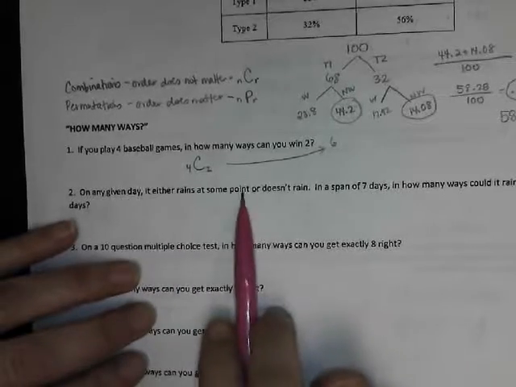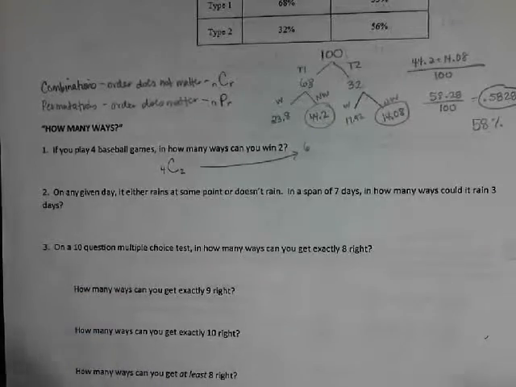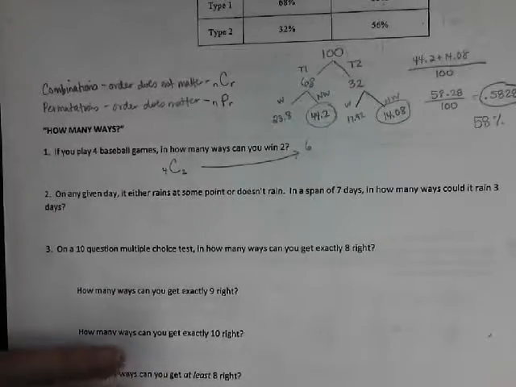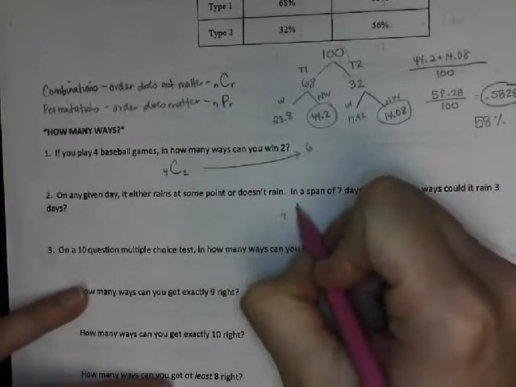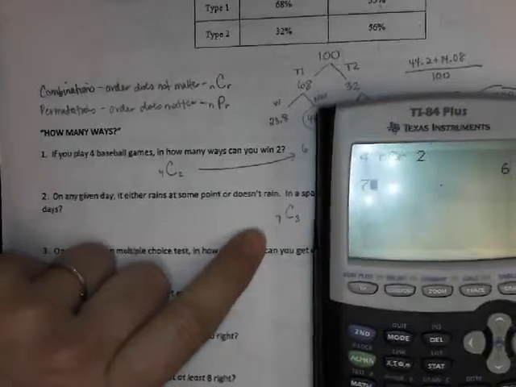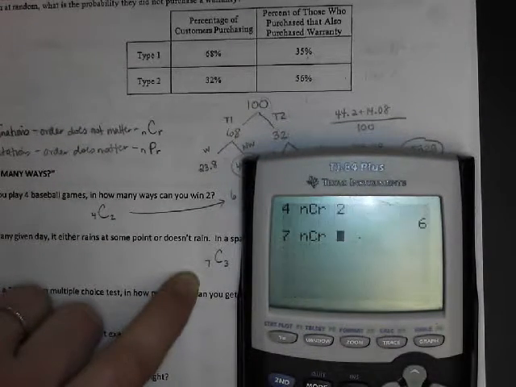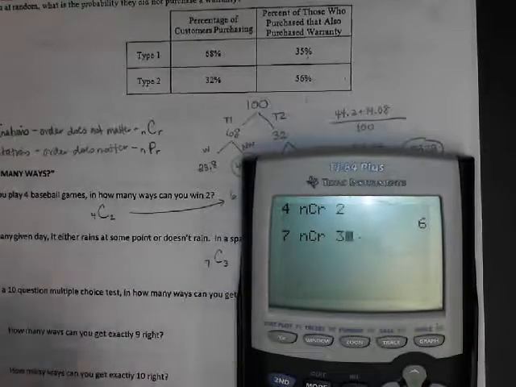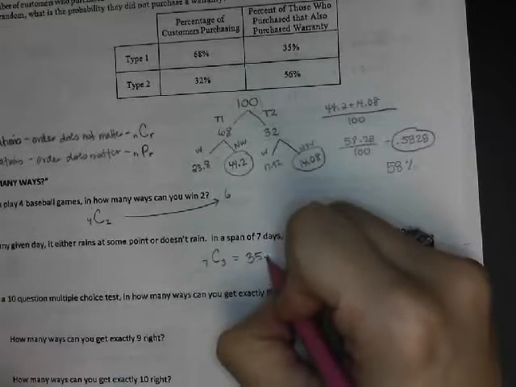Okay, on any given day, it either rains at some point or doesn't rain. In the span of 7 days, in how many ways could it rain 3 days? Okay, so we don't care what 3 days, we just care that it rains 3 days. So that would be 7, choose 3. 7 with a combination of 3. So we would type in 7, go to your math, over to your probability menu, 3, so we're choosing 3. And there's 35 ways that can happen, which I'm glad we have this shortcut because